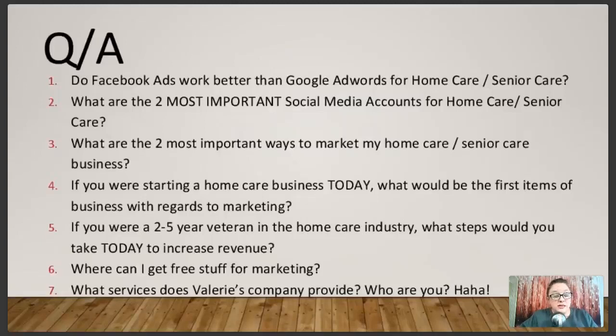But if you're in home care, senior care of any kind, then you know that you can easily form an online support group right there. It doesn't have to include your clients. It can include anybody from your local community. You can even run ads on Facebook to encourage more people to join your Facebook group that is supportive of elder care issues. But you have to log in every day and manage that group.